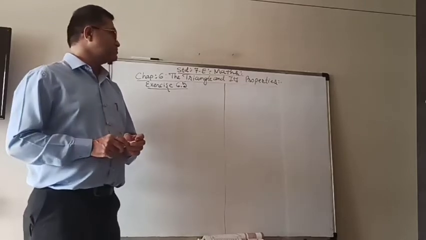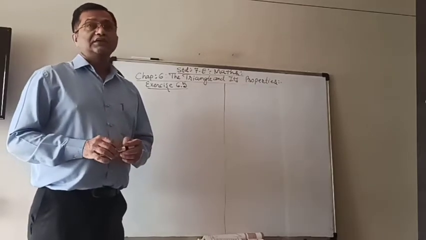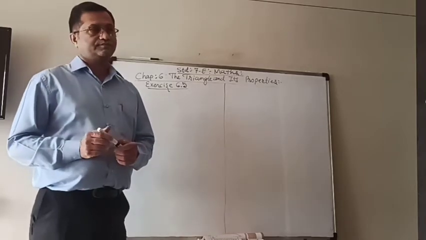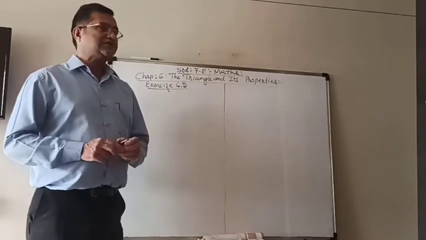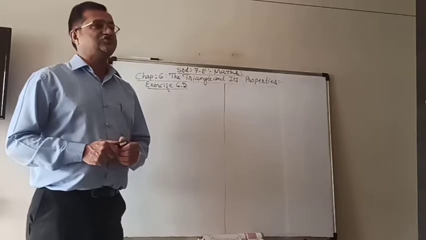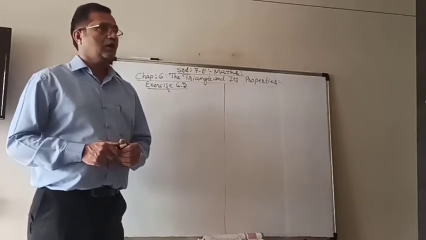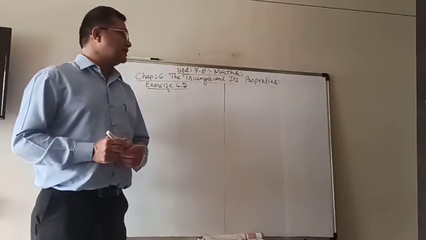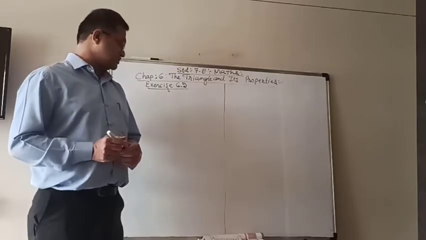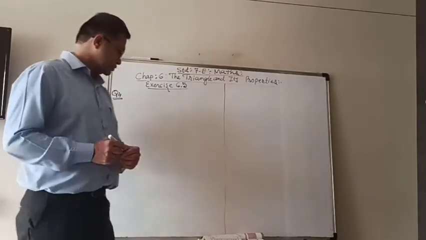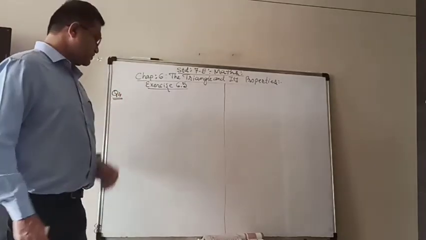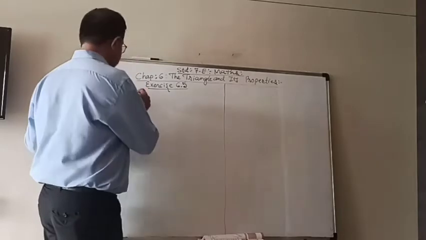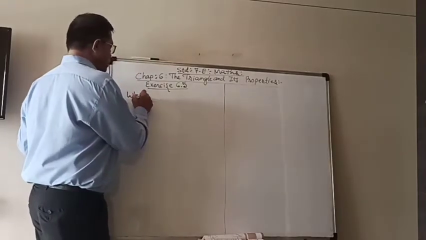Chapter number 6, the triangle and its properties. We almost learned everything in this chapter. Now we are busy with the last exercise, 6.5. We finished the first, second and third questions. Now the fourth. It says, which of the following